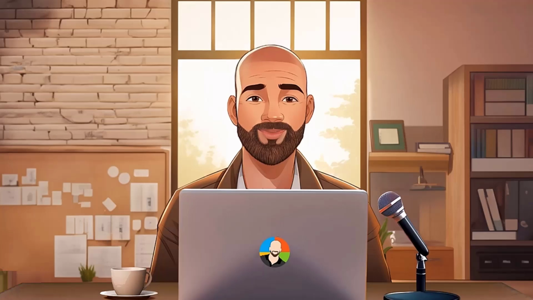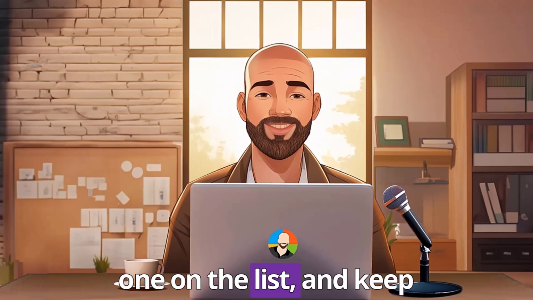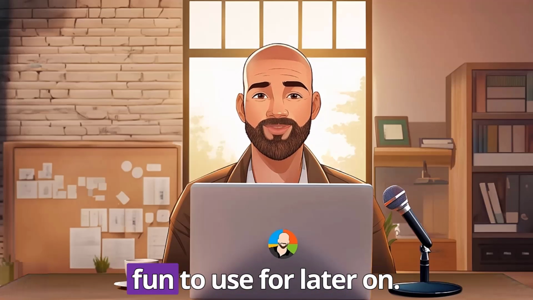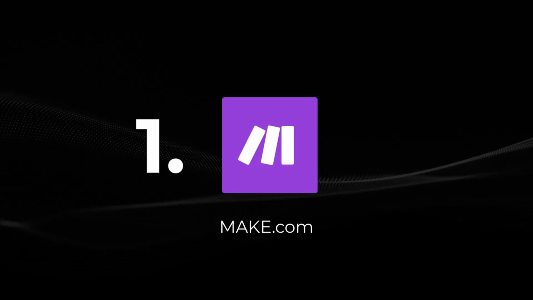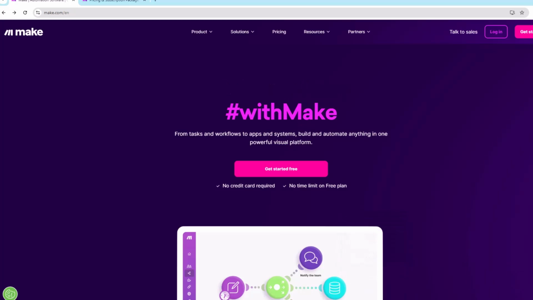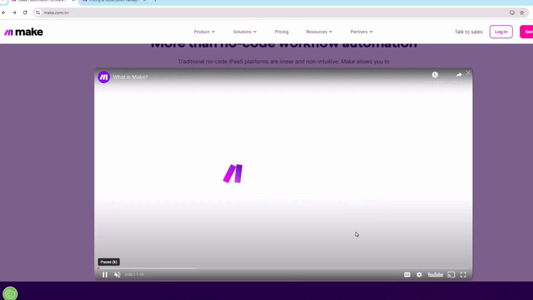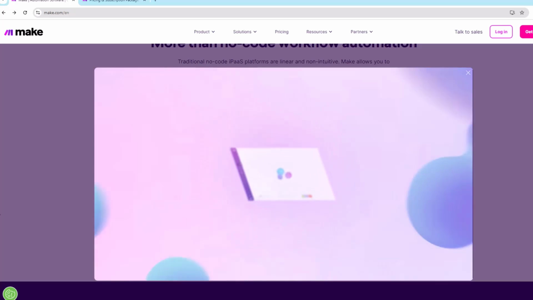Instead of the typical move of saving the best one for last, let's start off with the best one on the list and keep the one that is the most fun to use for later on. The app that comes in at number one is Make because it lets you automate practically everything. Make is ridiculously powerful and pretty much does what the name implies. For example, if you're tired of doing boring, repetitive tasks, Make lets you build an automated solution to replace that